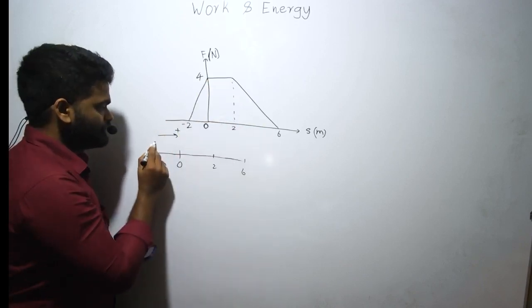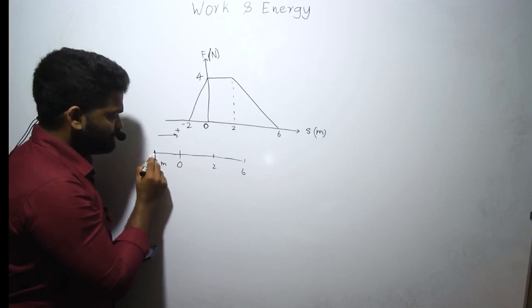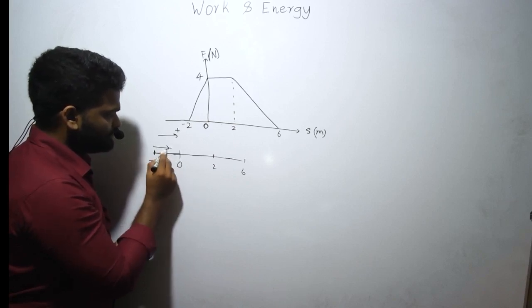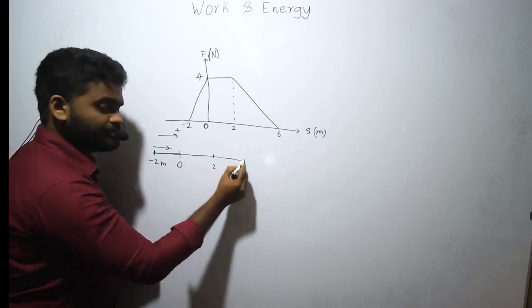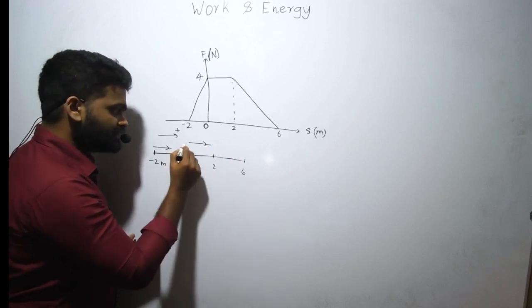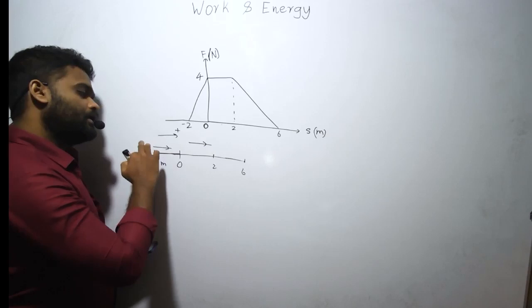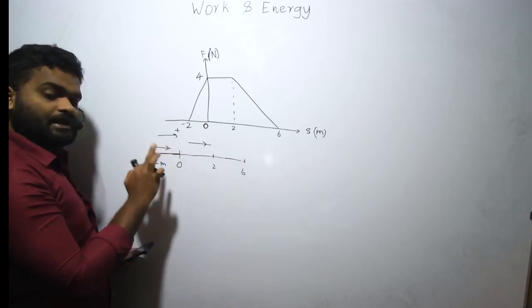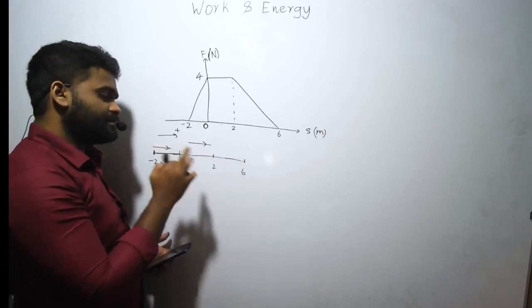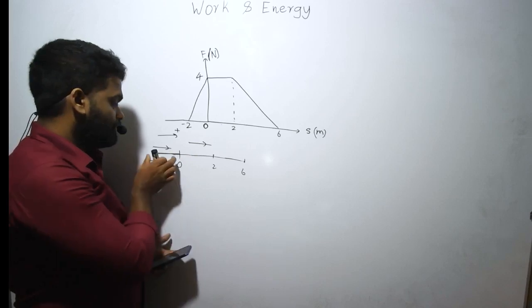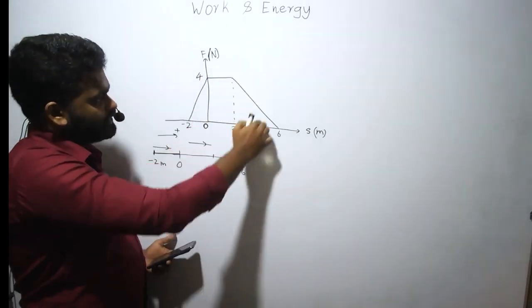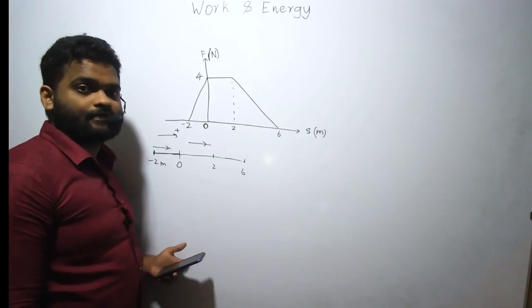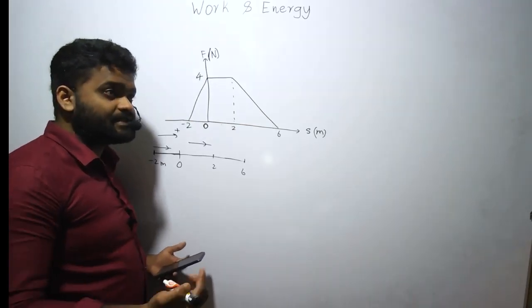So the object is moving from here to here, and force is also in the same direction. Here as well, when you are doing the displacement to this side, force is in the same direction. So in none of these places is there negative work. Both areas are positive, right? So you just have to find the total area of this, which is the work done